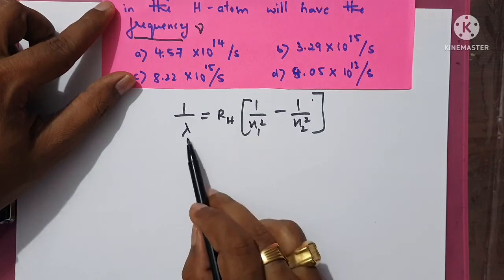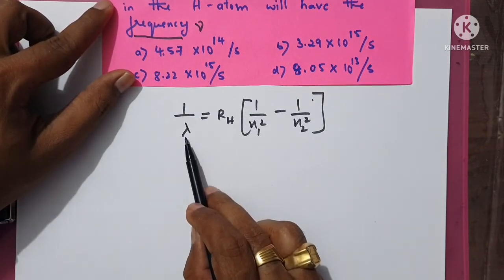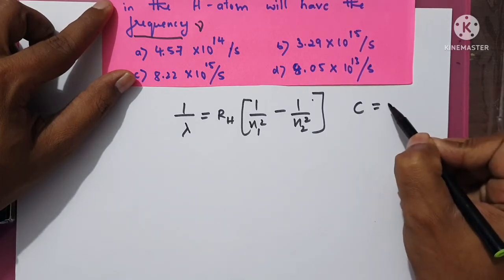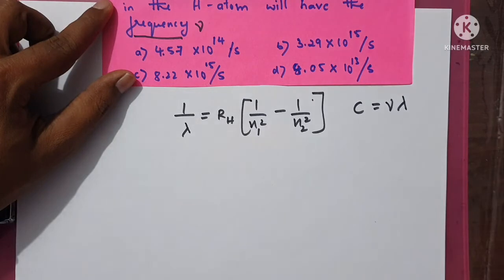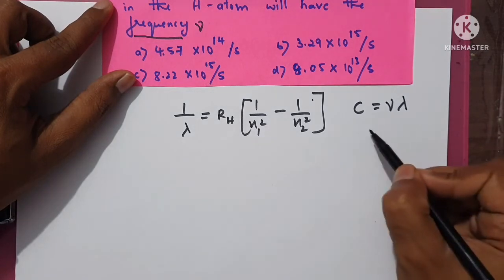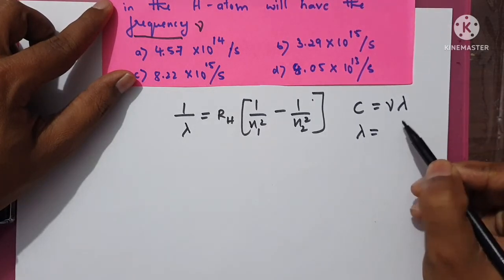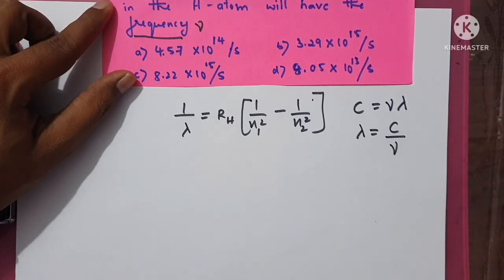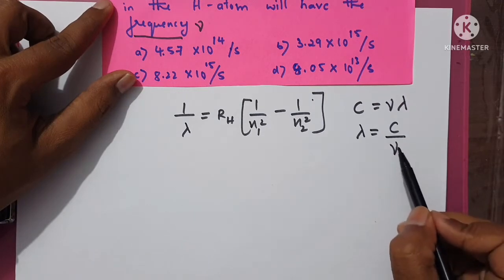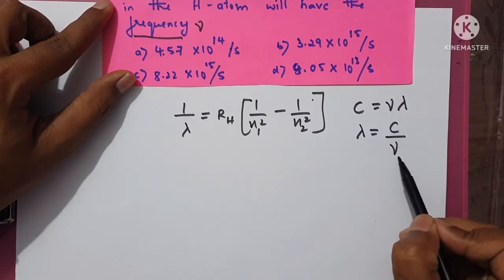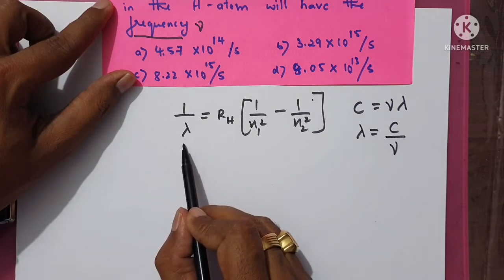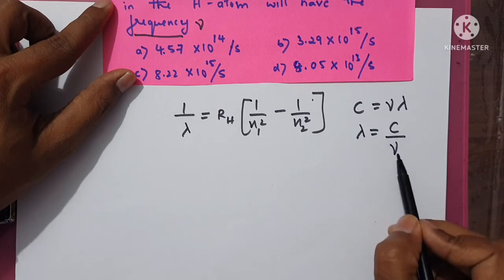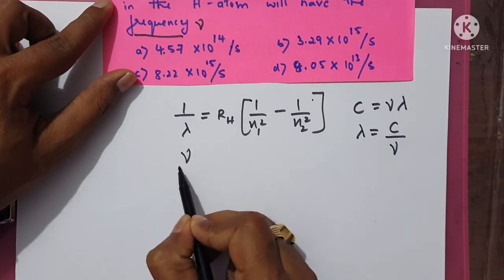Before going to this lambda, let me take C is equal to frequency into lambda, or I can also write this as lambda is equal to C by frequency. So 1 by lambda is frequency divided by C,